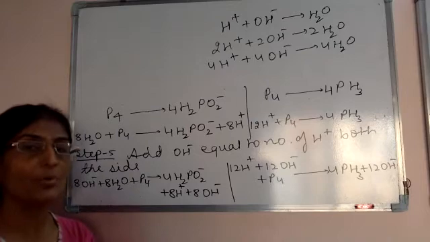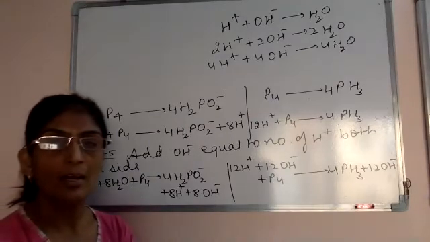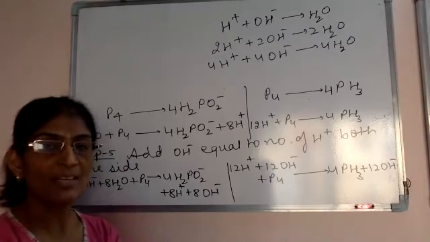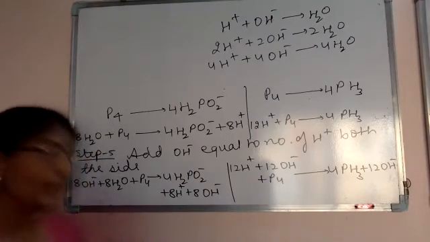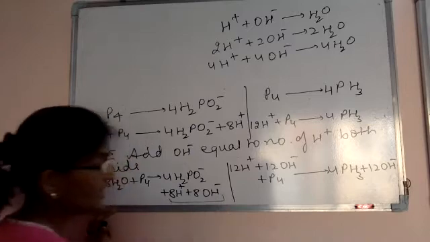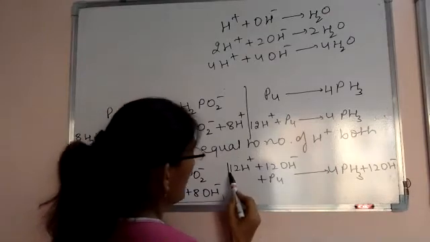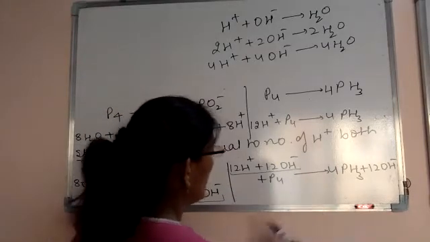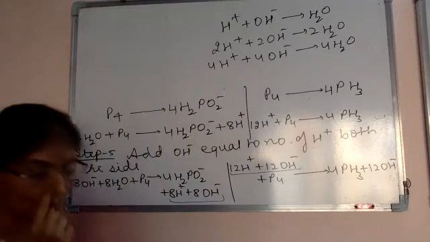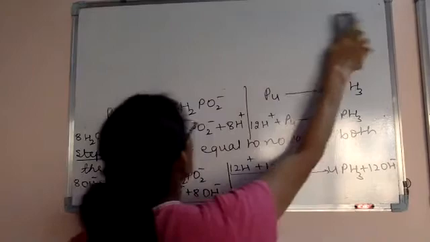Suppose we have 2H plus and 2OH minus, we can write 2H2O. Suppose we have 4H plus and 4OH minus, we have to write 4H2O. Here also, 8H plus 8OH minus, so instead of this we can write 8H2O. Here 12H plus 12OH minus, we can write 12H2O. So after writing this, the equation becomes